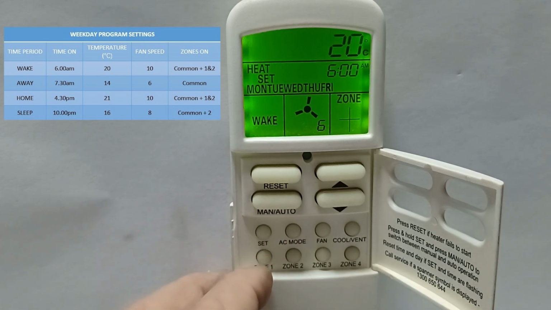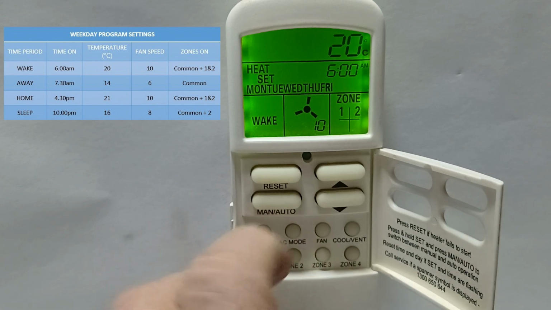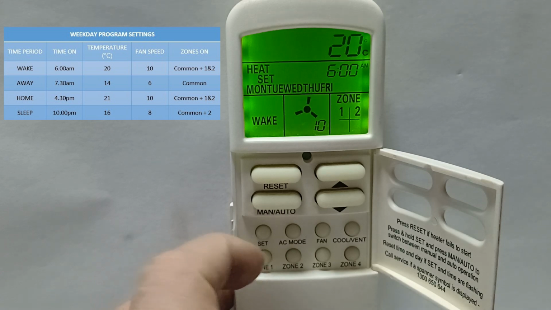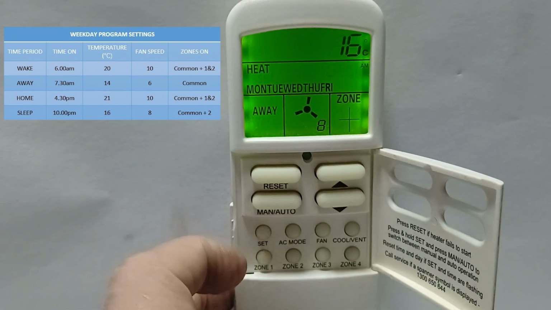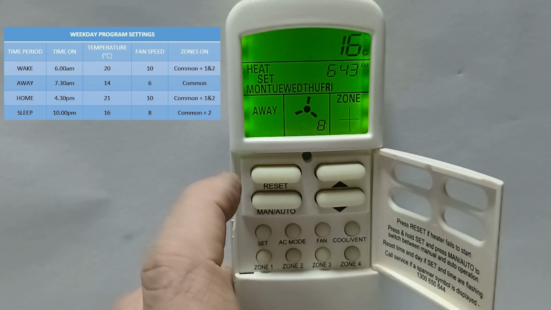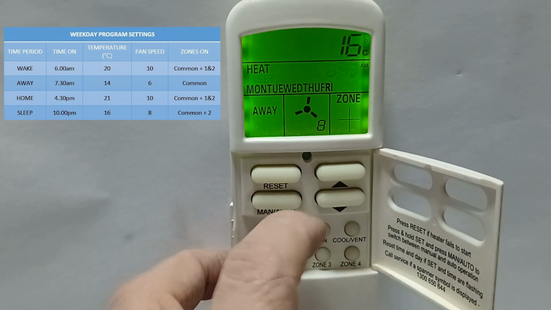In that time period, I want zones 1 and 2 as well as the common on, so I push 1 and 2 so they both appear on here. I push set to save it. I want the fan speed to run at 10 in that time period, which is already set, so I push set to save it. I'm then in the away period, which is 7:30 in my case, so I need to adjust that